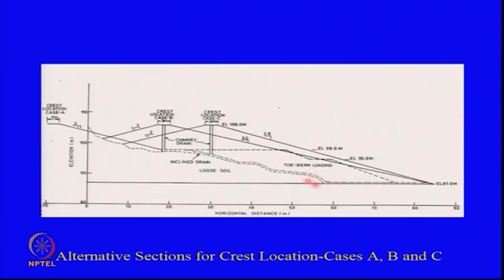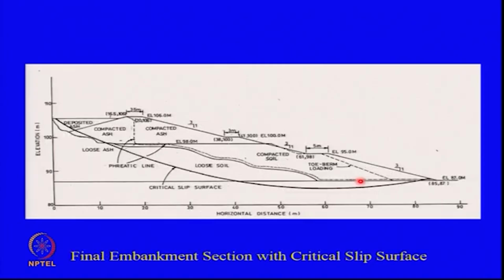Please remember, we have to intercept the phreatic line and it should not reach the downstream face, and there were vertical chimney drains and the drains put on this. So, finally, the section which was adopted was this downstream slope 3:1 with some berm. So, there was a chimney drain, and then the balance drain was on the original loose soil, and these were